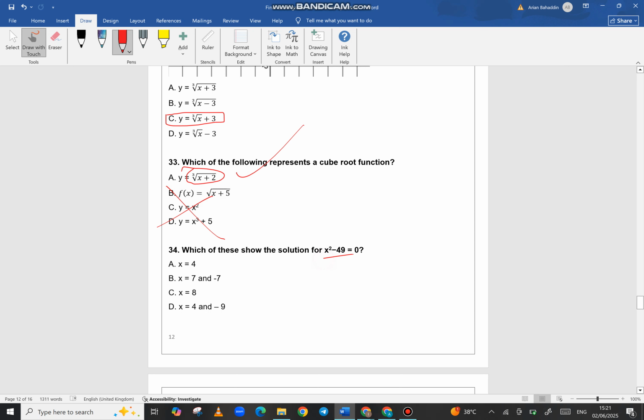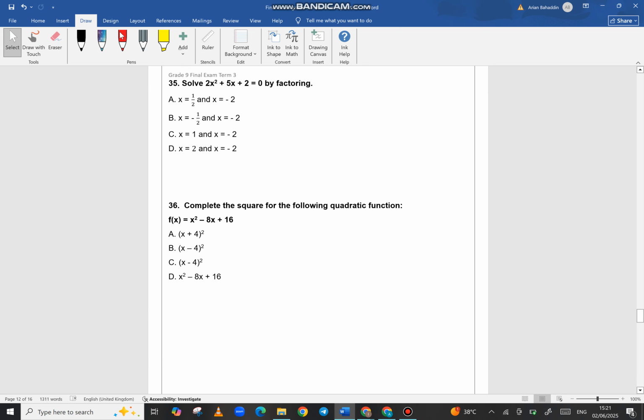Which of the following show the solution? It's going to be the square root of 49 plus or minus 7. See? We're speeding up now. We understand how things work. Use factoring. Now, this one's tricky. It's a tricky one to use factoring for. If you don't want to do factoring, yeah,